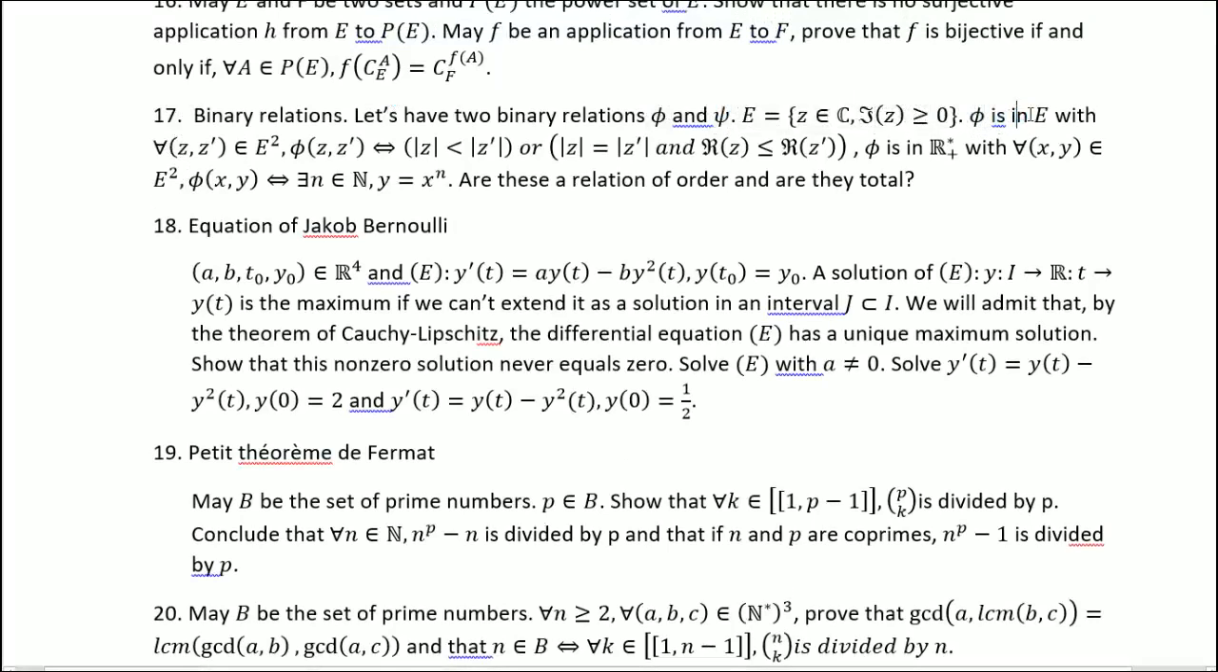Phi in E, so in this space here, with z, z prime in E squared, phi of z z prime is equivalent to either the modulus of z is inferior to the modulus of z prime, or (parenthesis) their moduli are equal and the real part of z is inferior to the real part of z prime, and then I call